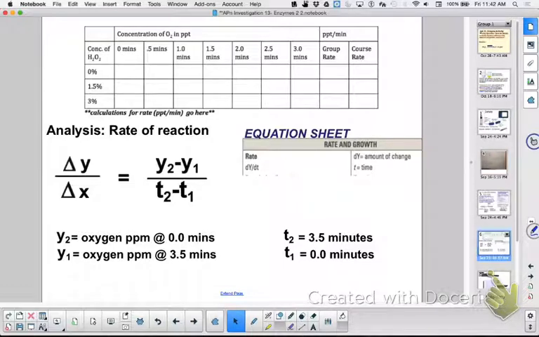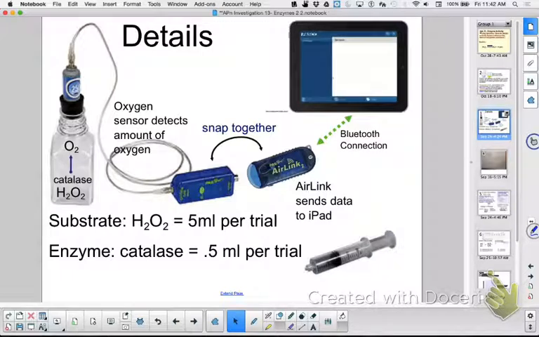Youngest bio buddy, Yow, in your own words, please. What are we doing in this lab? Go ahead. Okay, so hydrogen peroxide. How much does that